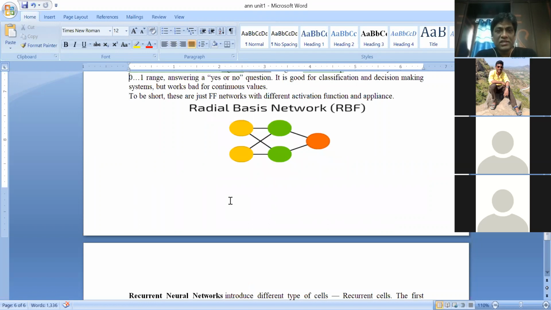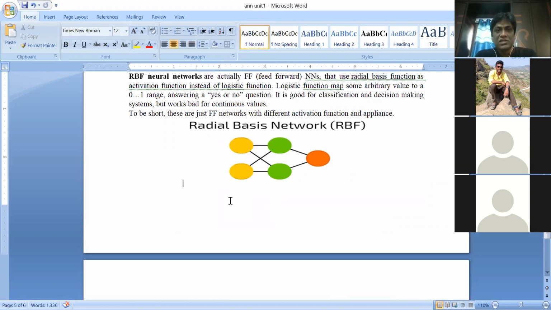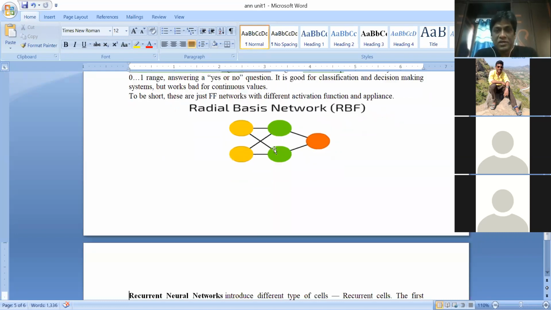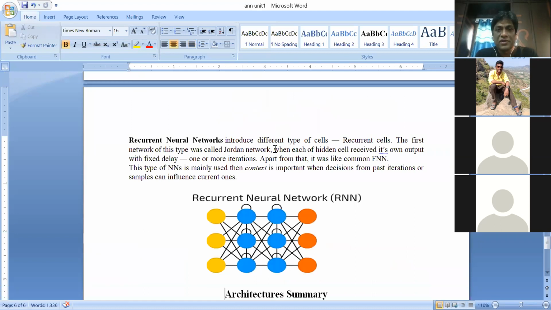And then the other thing is the radial basis function neural network. This is the same as your feed-forward networks, except that the activation function is special in this neural network, which is called the radial basis activation function. Whereas in other neural networks, we may choose logistic functions or something else. This radial basis function neural network makes use of only the radial basis function, or Gaussian function, Green's function, or any variation of the Gaussian function, except that it is still the same as a feed-forward neural network.